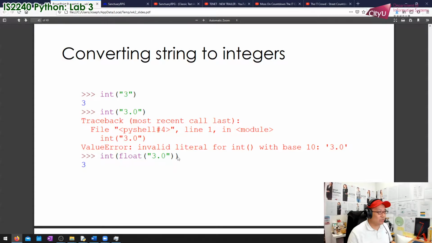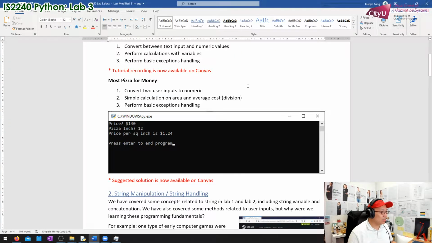So if you need to do it, you need to do it like this. You have a string with a numeric value. You need to first convert it into float and then convert it into an integer. So this is something that I would like to clarify related to the previous tutorial. Okay. So these are some of the important points that I would like to point out